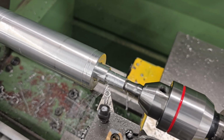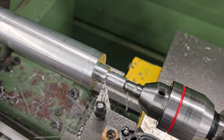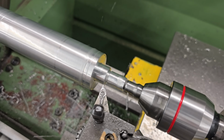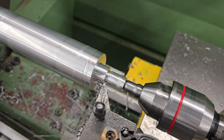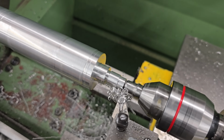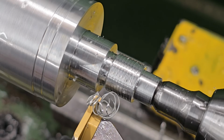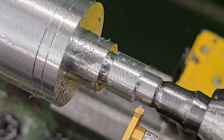Once the ends turn down to 16mm, we can start work on the thread features. And again, that just includes turning the diameter down to 12mm, putting a thread gutter in, chamfering the start, and then turning down a little bit of the waist support material. With that all done, the last thing to do to the front of the piece is to put on the